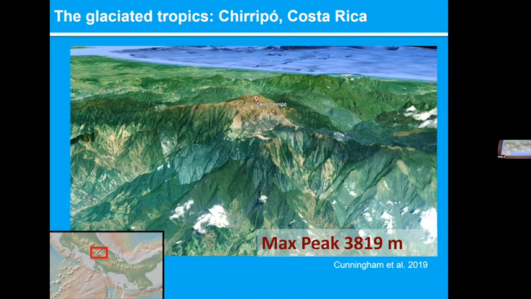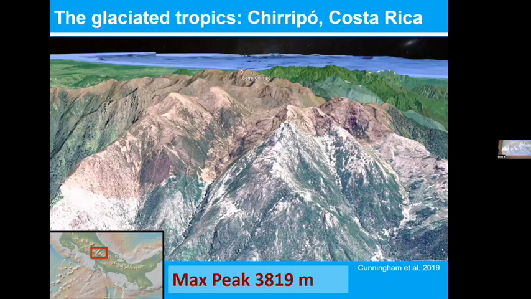This is the highest part. Most of the volcanoes are off to the left; they're not in this area. And this is zooming in on Cerro Chirripó, which is the highest point of Costa Rica and of the Talamanca range. And what do we see on the Google Earth image? Rivers or glaciers, showing you some of those landscapes I showed.